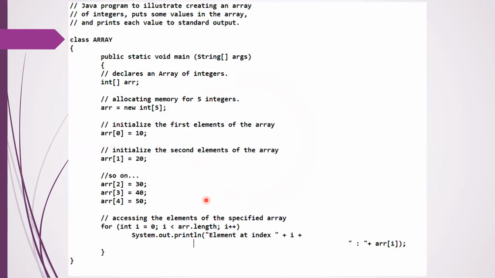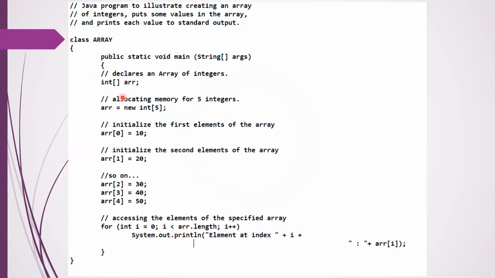So this is a Java program. Here we have declared the class Array, and then we have declared the array of integers at the beginning. First I wrote the data type followed by the square brackets, and then I've given the array name. The array name here is ARR.